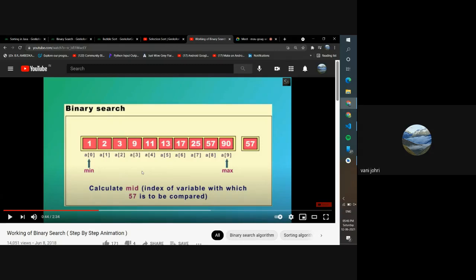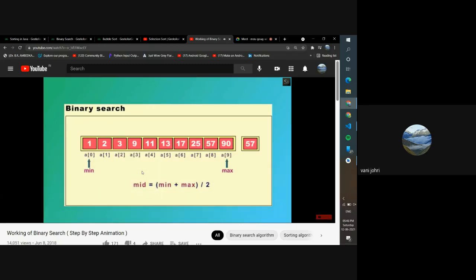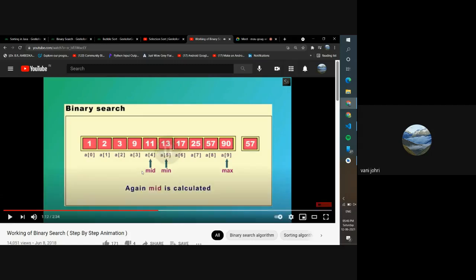I hope you understand that, finding the middle point. You're comparing it. So you shifted your minimum point to the element after that.